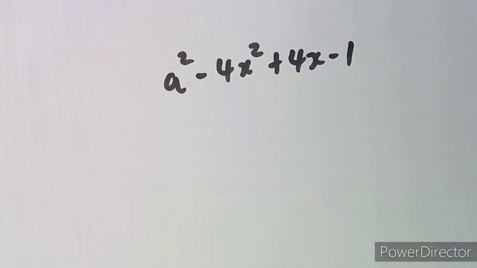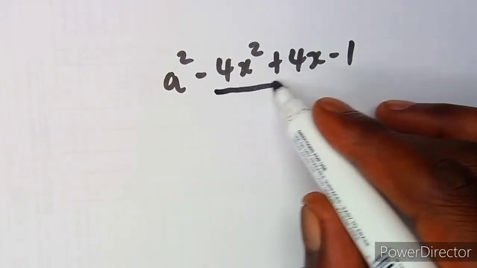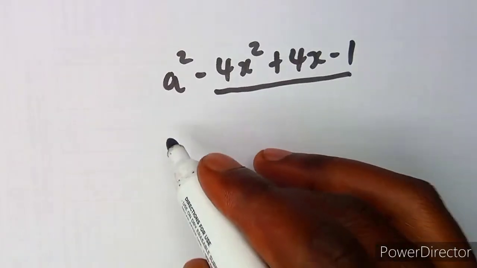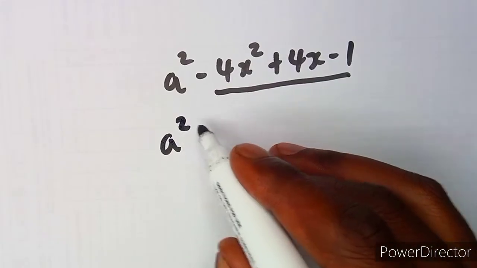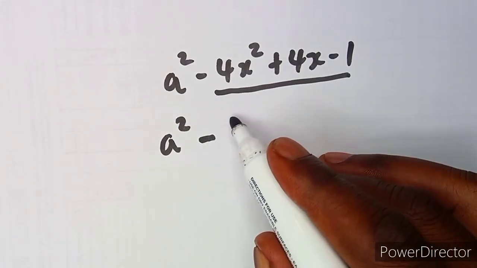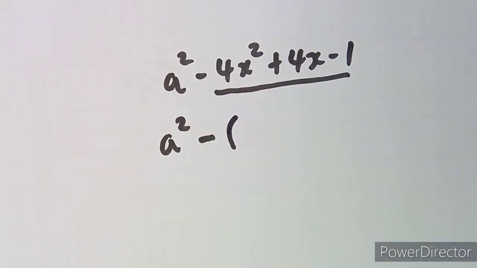I want you to take note from this question that if you cross-check this part, we have a quadratic expression in terms of x. So if we can separate that part, focusing on a difference of two squares, we'll see that we are going to have something like a squared minus, that is, if we are to factor out a minus, in this case,